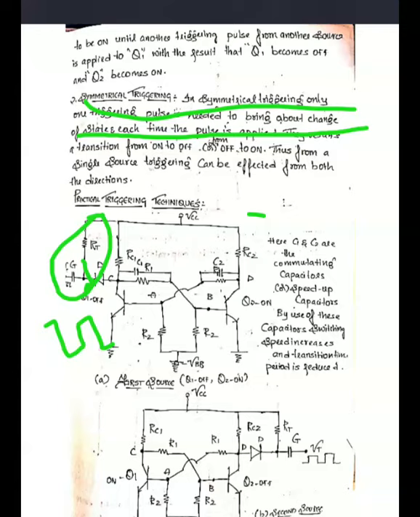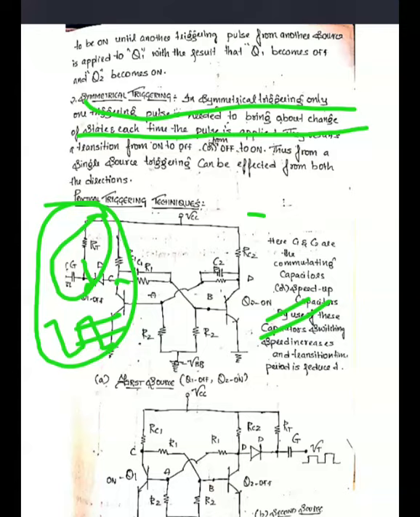So in this case, initially one permanent state is Q1 off, I am assuming, and Q2 on, I am assuming. So this is the one permanent state. If you want to change the state, the triggering circuit is connected to the collector of the off transistor. Here the off transistor is Q1, that's why this trigger circuit is connected to the collector terminal of the off transistor. So the positive end of the diode is directly connected to the collector of the corresponding transistor.